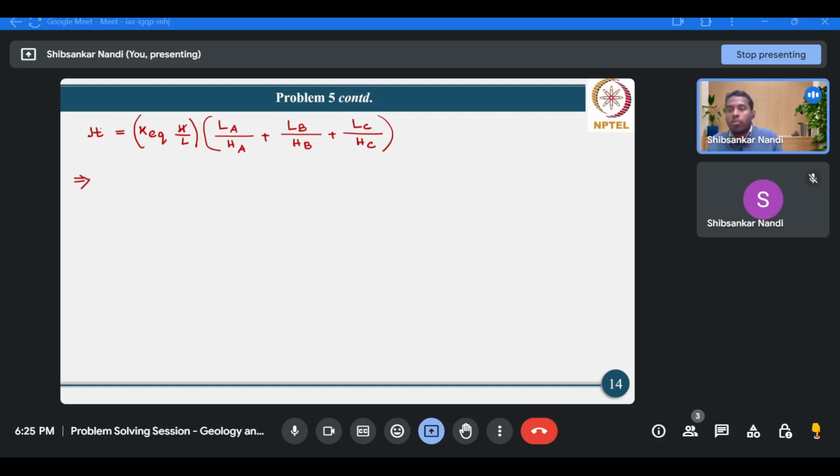Therefore, this H and H will cancel out and K equivalent would be L divided by LA upon, okay, sorry,